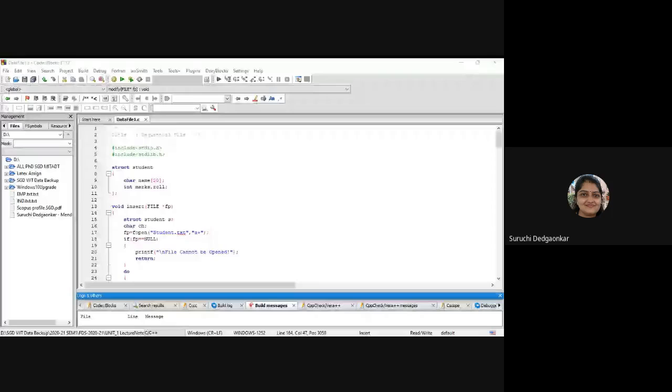Main function has no parameter and by default the main function returns an integer. So we can have a program in which we can pass parameters to the main function.